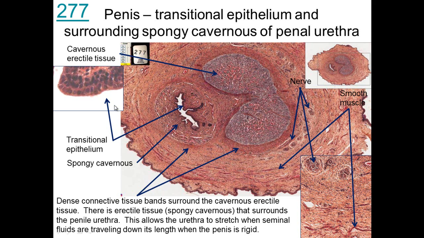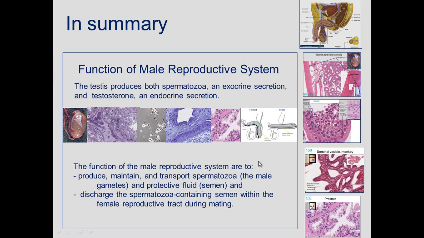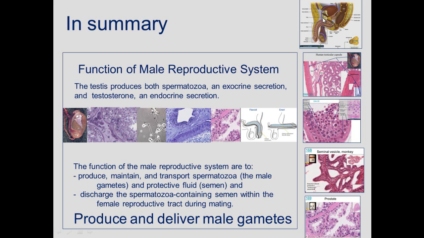an erection. In the urethra, you have transitional epithelium that we see here and here, and we also note these big nerves that are coming down through the penis, and then here we can see smooth muscle as well as connective tissue around. So in summary, the male reproductive tract functions to produce and deliver male gametes. That's what it does. It has a testis, the epididymis, ductus deferens, the seminal vesicles, prostate, and urethra in order to